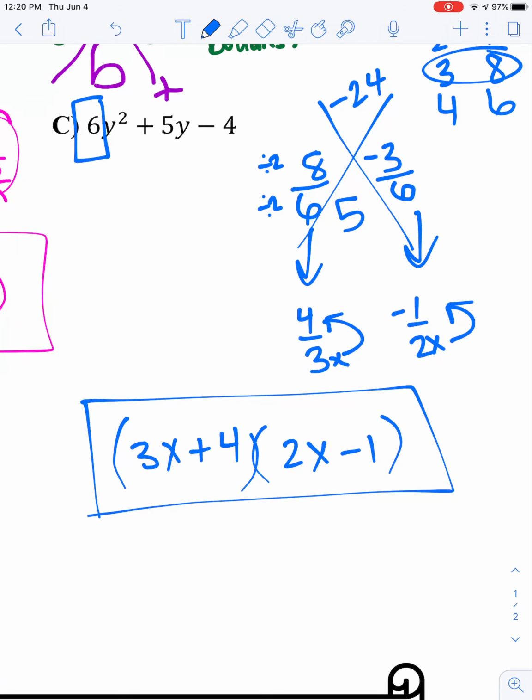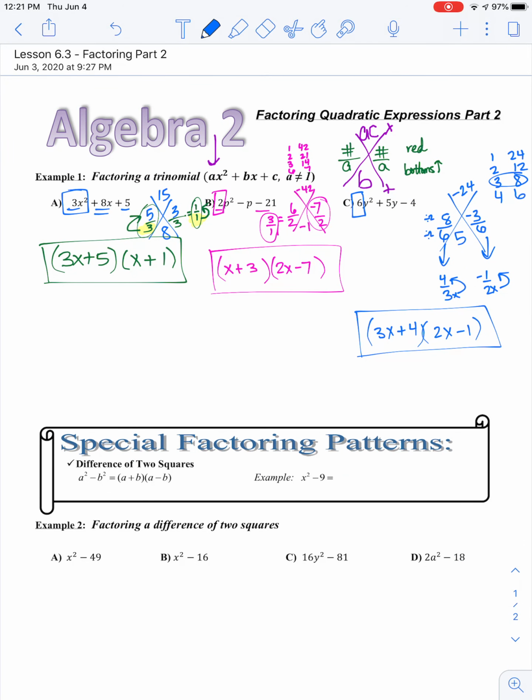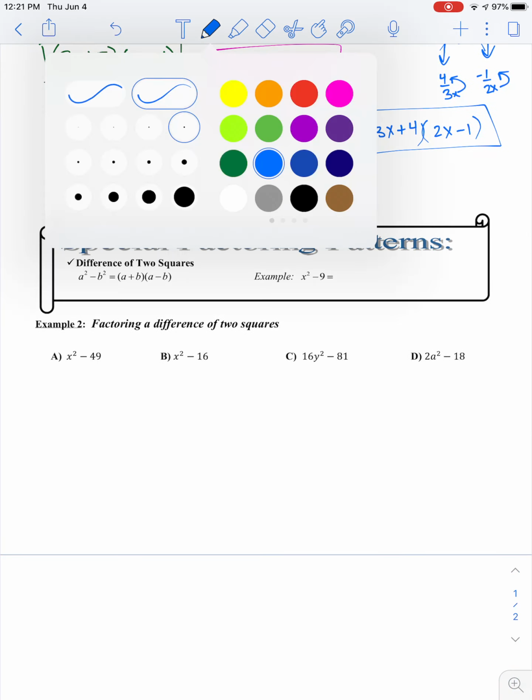Now, if you're getting help from someone else, or if you're watching videos on YouTube or any other resources you may have, or textbooks, there are lots of different ways you can factor these trinomials. But this is the way that we chose to initially teach it. And during our Google Hangout, we can go over other methods if you would like to see those. All right, the last part for today then,